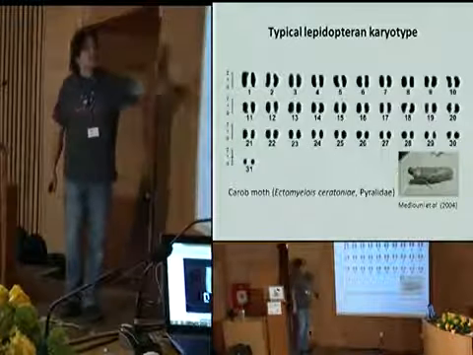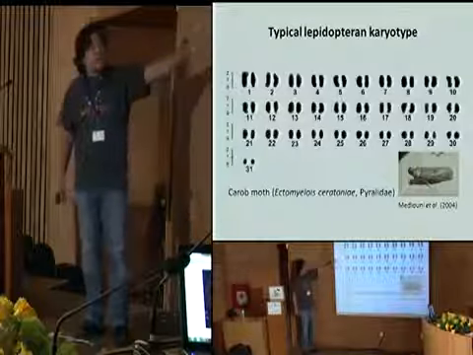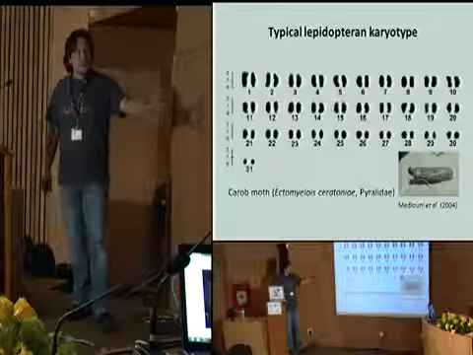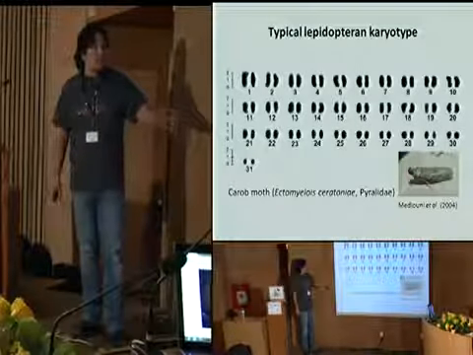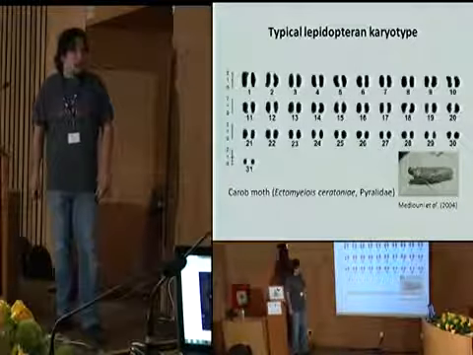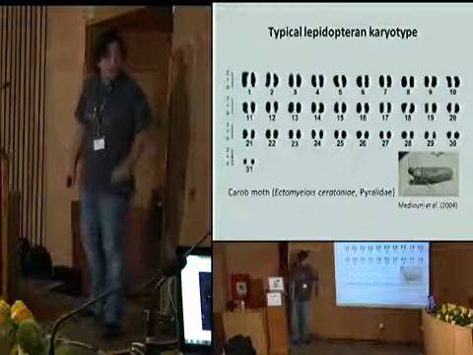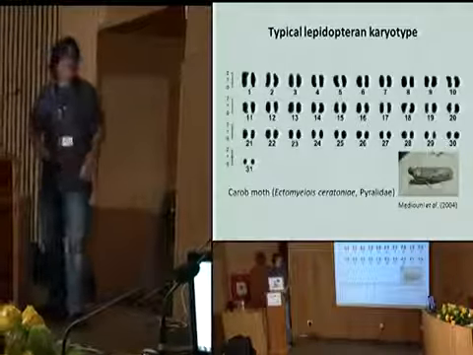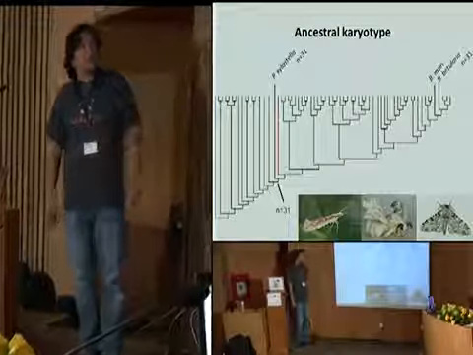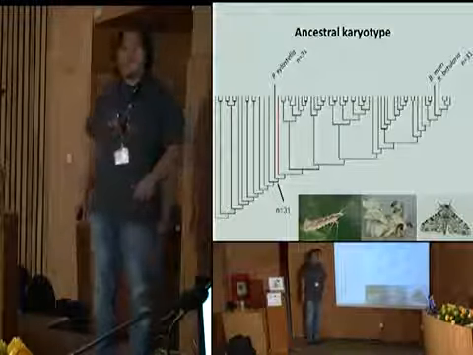Here you can see a quite typical Lepidopteran karyotype. As you can see, the chromosomes are relatively small, uniform in both shape and size. You cannot identify individual chromosomes. Most frequently, the haploid chromosome number is 31, and it's also thought that this number is ancestral. Well, this is a karyotype of a Plodia moth, but it's not important for us now. The ancestral karyotype n = 31 is also supported by comparative studies, when